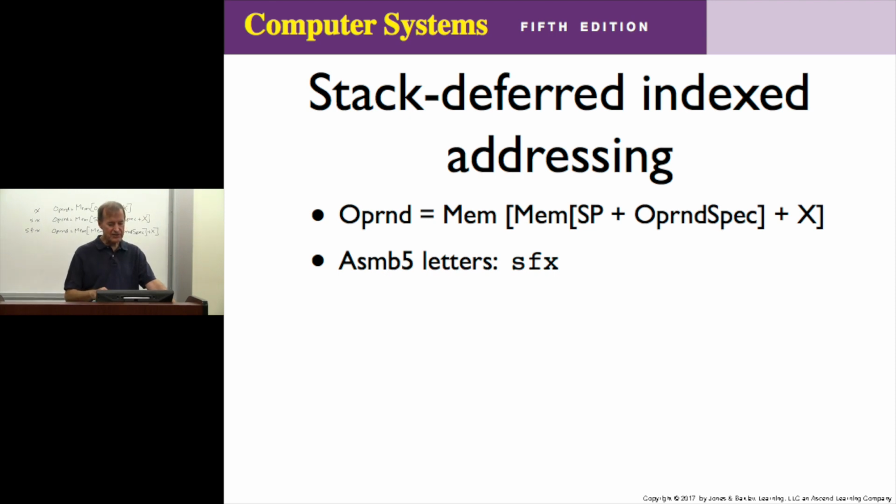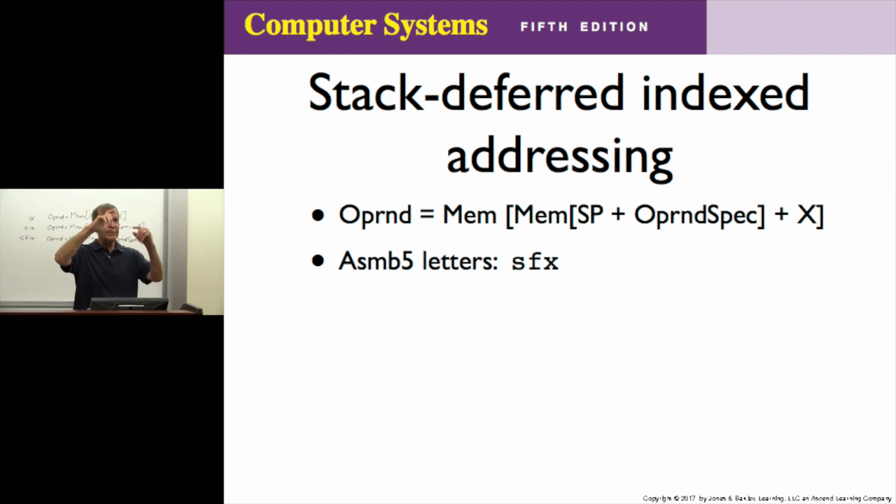What happens is you take the stack pointer plus the operand specifier. Imagine you have the runtime stack, and on the runtime stack, the address of the array is going to be down here somewhere. So you take the stack pointer plus the operand specifier. That gives you the cell that holds the address of where the array is down below. Okay? And so mem of that is